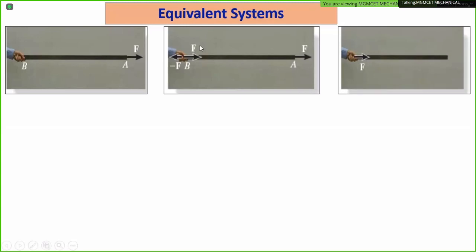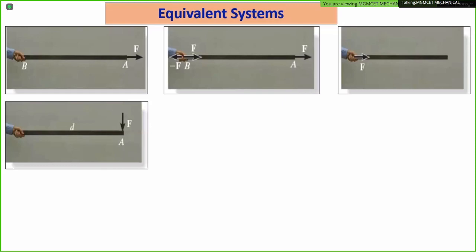So I can shift the force F. See, principle of transmissibility, if you remember. Principle of transmissibility क्या है? The force can be shifted anywhere along the same line of action, its effect will remain the same. So F force, I can shift it horizontally. The force F, I can shift it directly to the point B here. This is the equivalent force system. दोनों का effect same है. This is by the principle of transmissibility. Or you can say this is the proof of principle of transmissibility also.